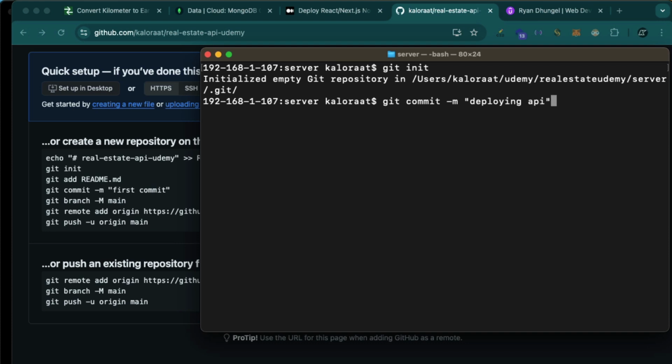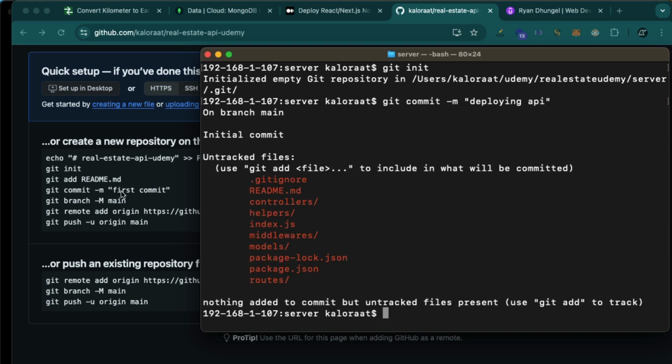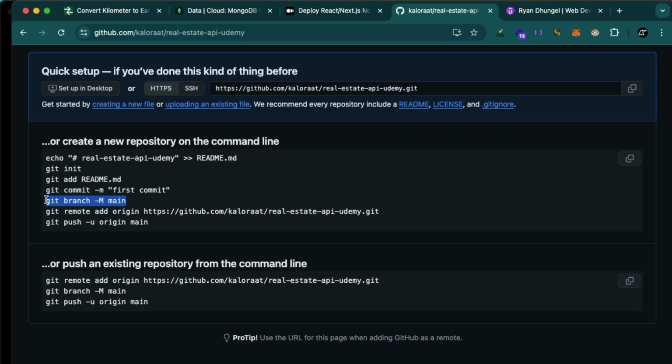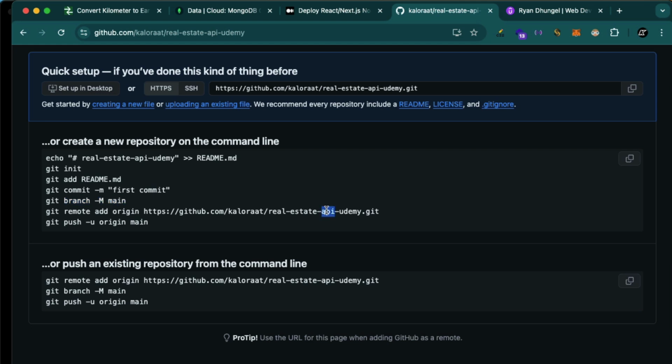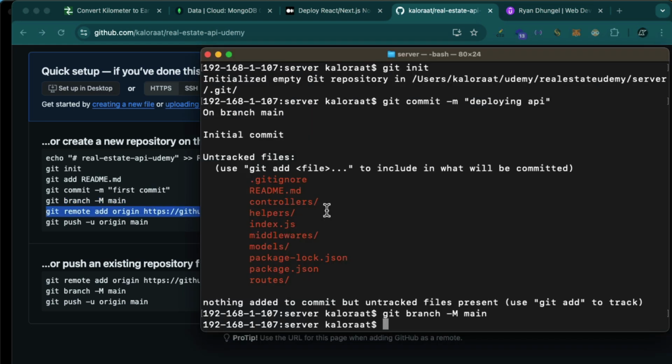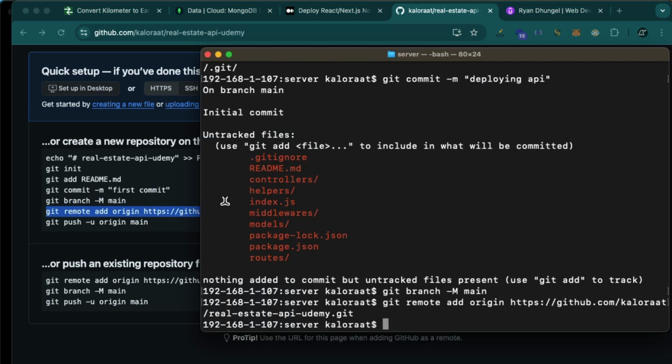You can write whatever you like here, and git branch. Let me just copy this, copy that, paste here, and then